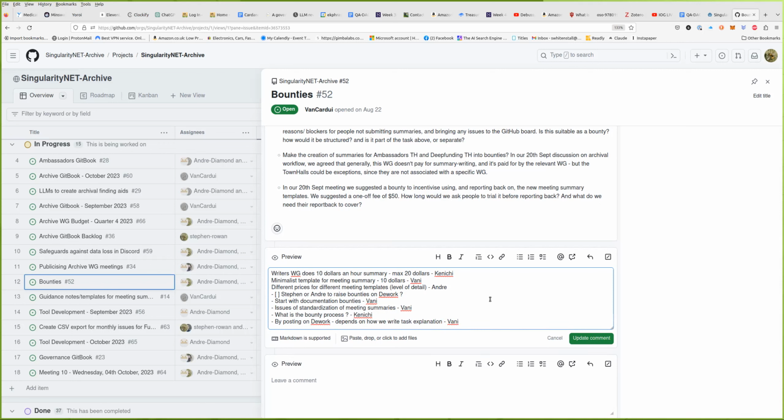I suppose there is an interesting question there about whether there is an acceptance process. If somebody writes me a 3,000 word essay and I have to edit it, that's not helping. Do you know what I mean? What do we do if somebody applies for the bounty and what they give us is not what we asked for? Has anybody got any thoughts? Kenichi, have you had to deal with that at all?